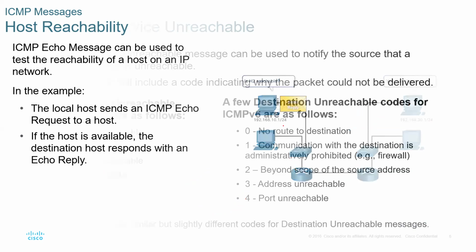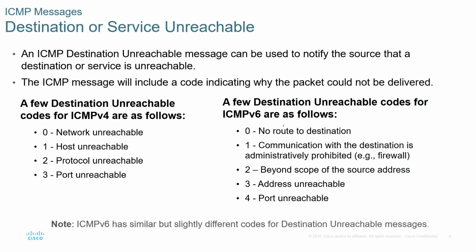It leads us to destination or service unreachable. If we do not get a response to the echo request, that means the destination is not reachable. There are a couple of reasons why the destination is not reachable, explained with a number of error codes. An ICMP destination unreachable message can be used to